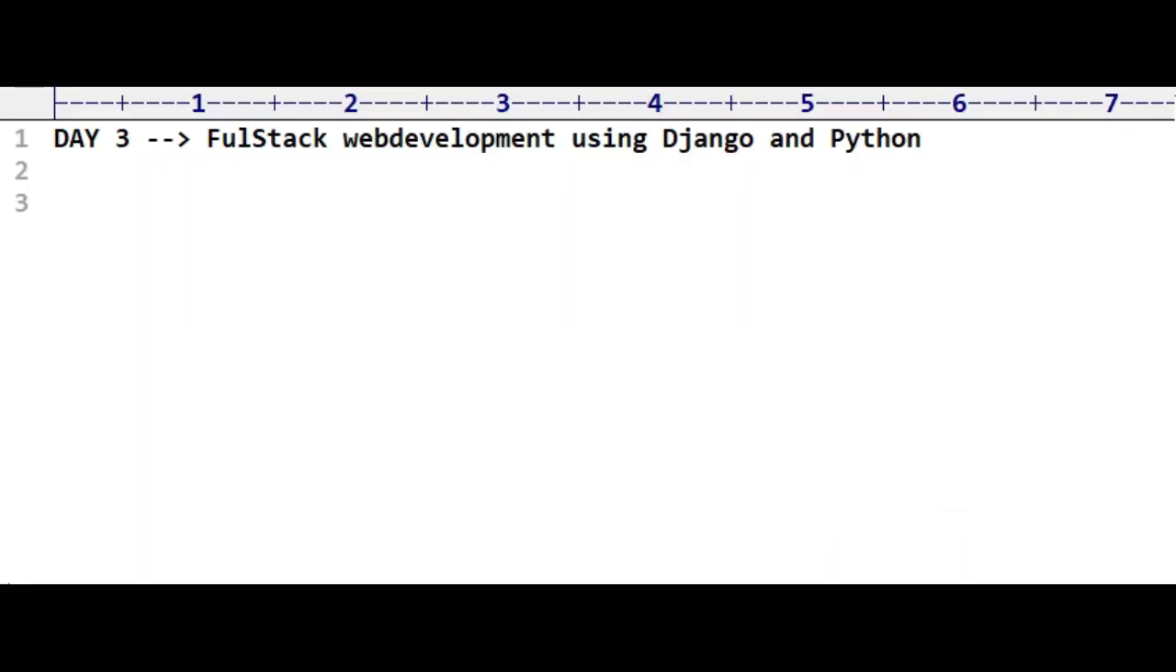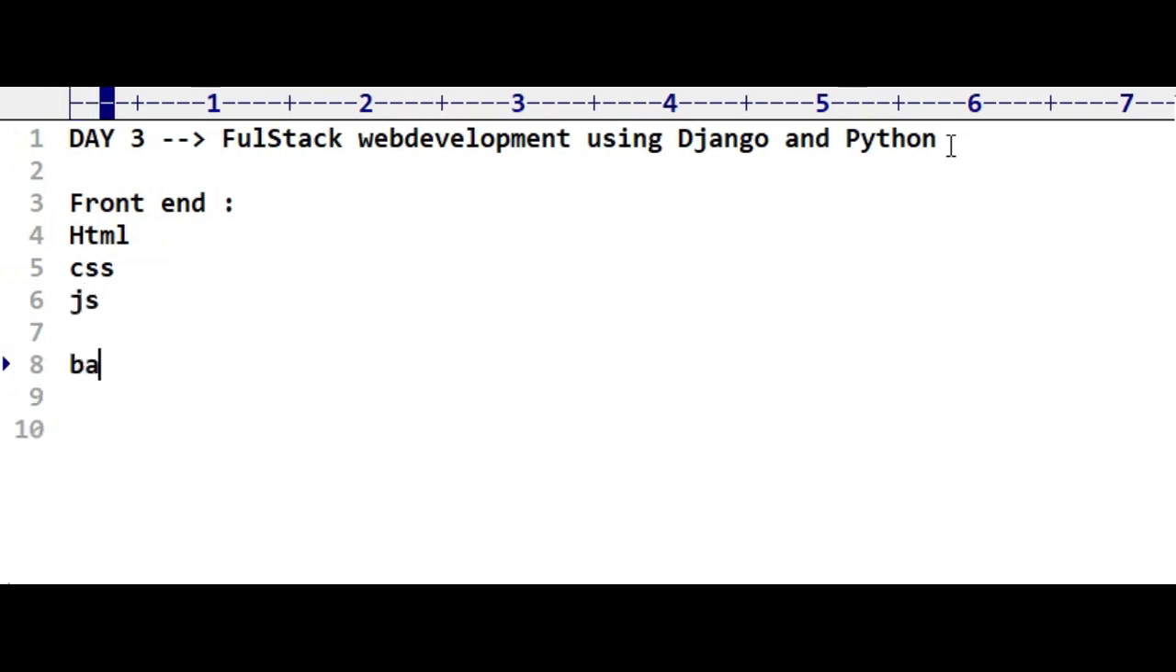This is day 3 of the course Full Stack Web Development using Django and Python. Till now we have learned about some front end tools, like HTML. We learned about CSS. We learned about what JavaScript is, and in backend we learned about